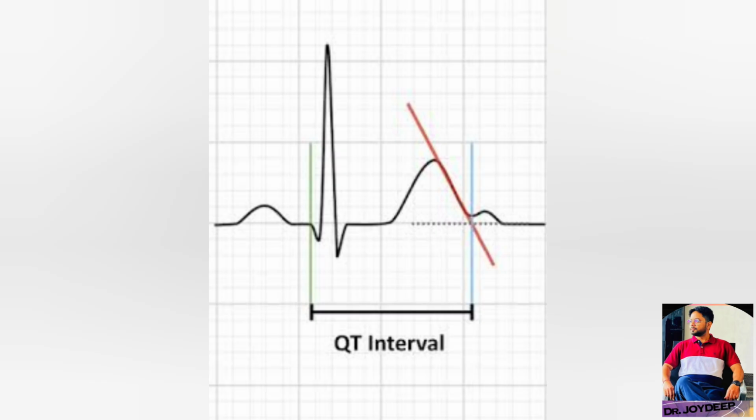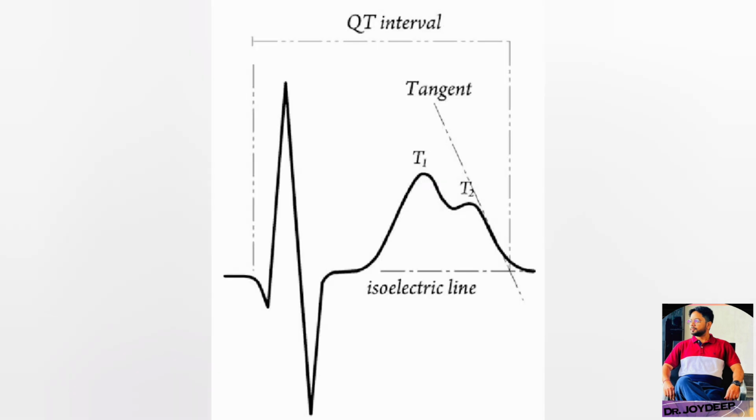And this tangent line intersects with the isoelectric line, shown in the picture as black dots. So the intersection between the isoelectric line and the tangent line drawn from the maximum slope of the T wave, shown in the picture as a blue line, is the end point of the T wave. When notched T waves are present, the QT interval is measured from the beginning of the QRS complex